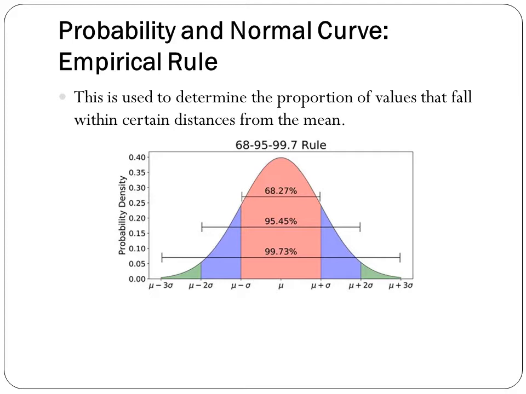So the empirical rule is often referred to as the 3 sigma rule or the 68, 95, 99.7 rule. So again, it is the 68, 95, 99.7 rule. That is the name of the empirical rule for you to be able to recall all the time